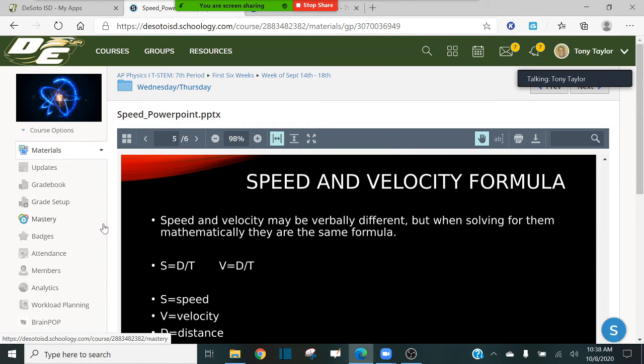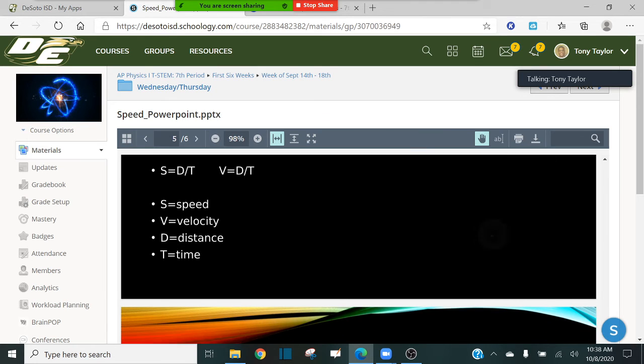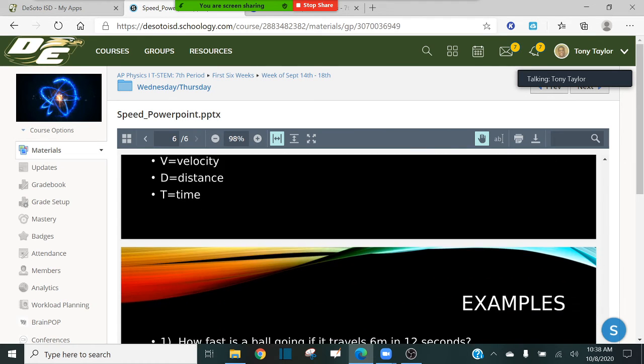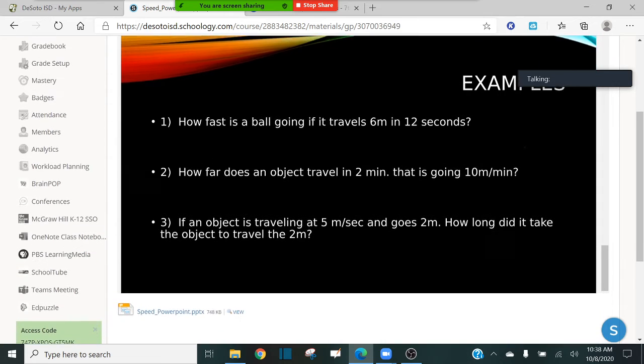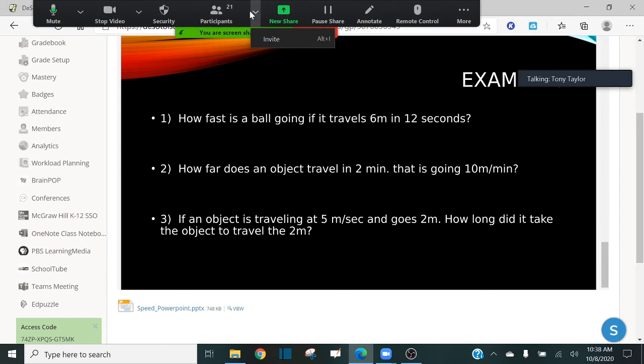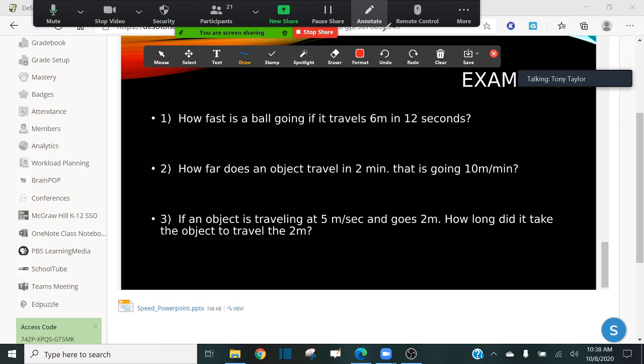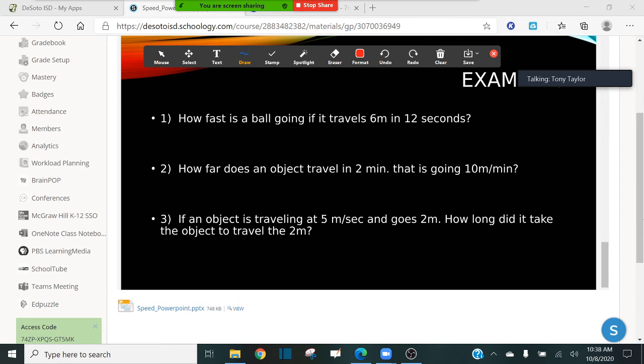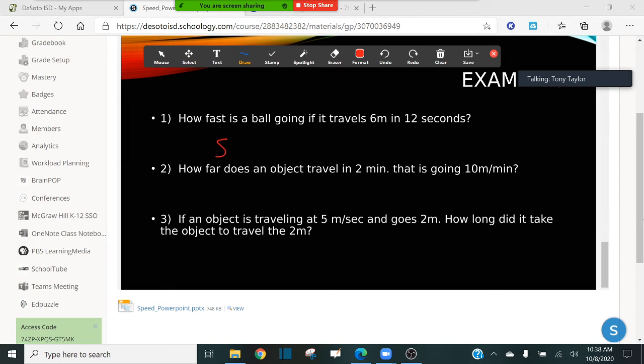Speed is equal to distance divided by time, which is also your equation for velocity, because mathematically speed and velocity mean the same thing, even though we know one includes direction and the other doesn't. You can see several problems on the test that look very similar to this, where you will have to use your speed equation. So please be sure you know how to deal with the speed equation, where speed is equal to distance